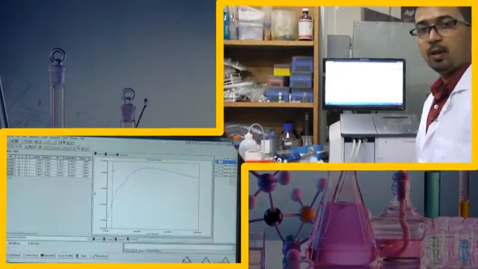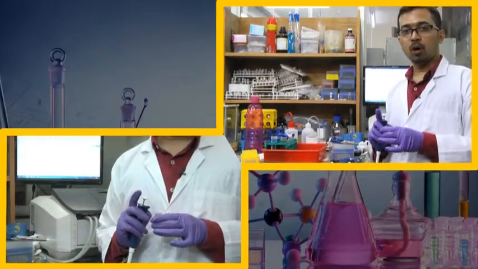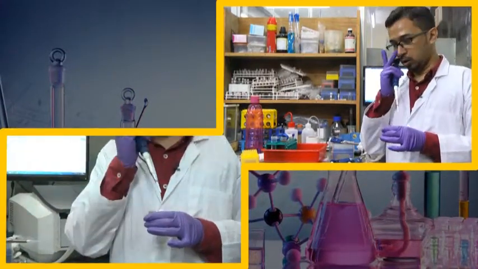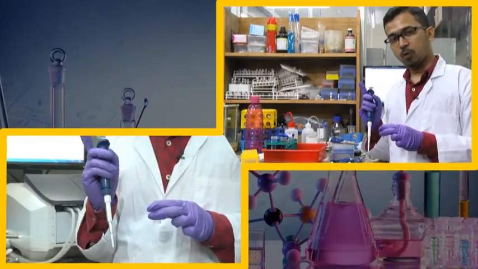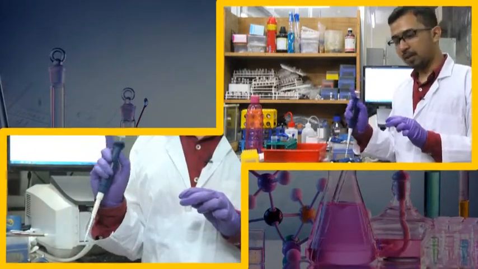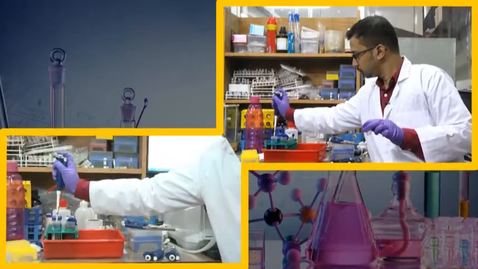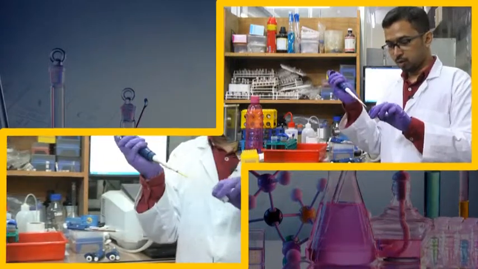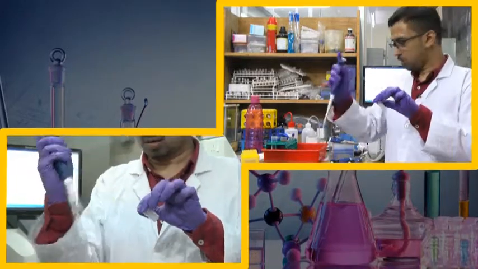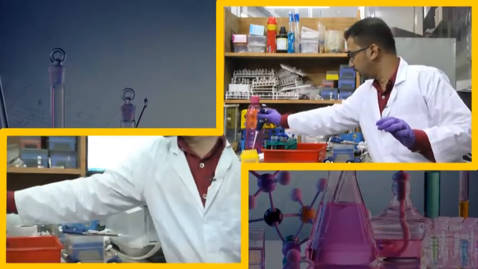Now, I am doing this with 0.5 millimolar of catechol. Although we have started with 1 millimolar of catechol, out here we are taking 0.5 millimolar catechol. The concentration of catechol here is 0.5 millimolar, and for that we are taking 15 microliter of catechol sample. Now, this is a 20 microliter pipette and we have adjusted it to 15 microliter. Now, I am adding this 15 microliter of catechol, and after that I will be taking this protein once again.